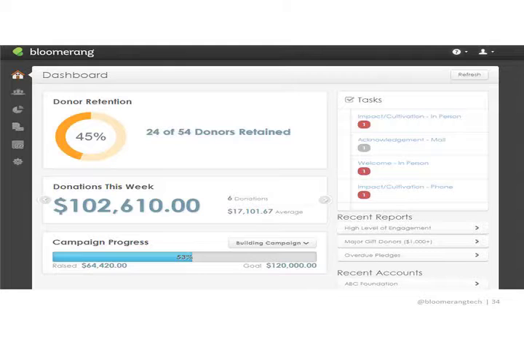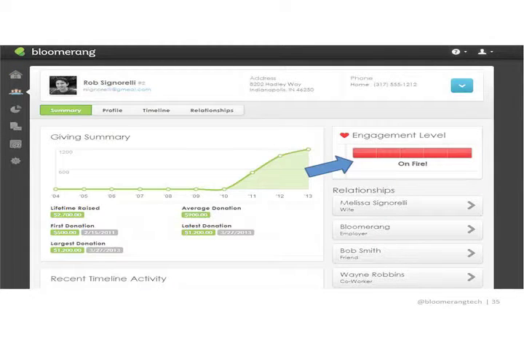So as we move forward and take a look at some of the other areas, one of the key things when you're looking at an individual record that we think is very important in this relationship building area is this engagement level. And this engagement level that we're pointing to here on the screen, we can see that Rob, one of our members of our team, is actually on fire, but there are 4 different levels of engagement, and they move from cold to cool to warm to hot to on fire, and those engagement levels are moved by your building of the relationship with the individual.